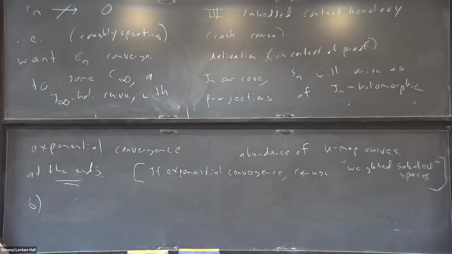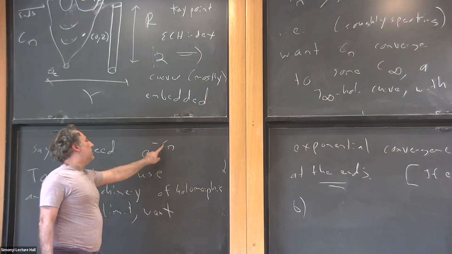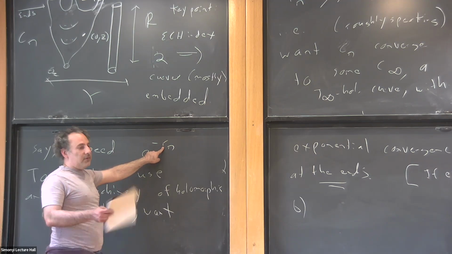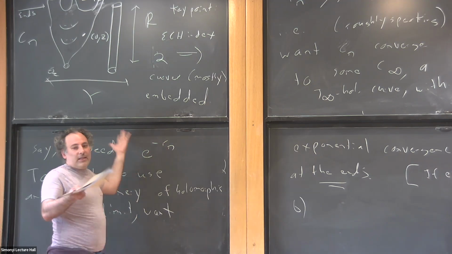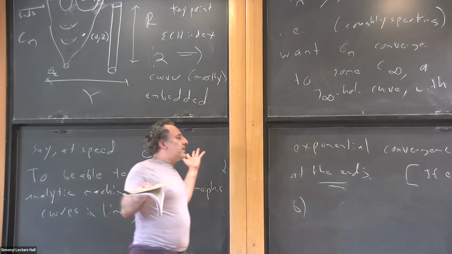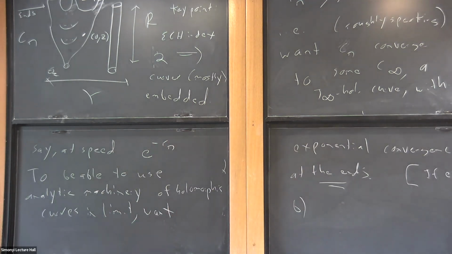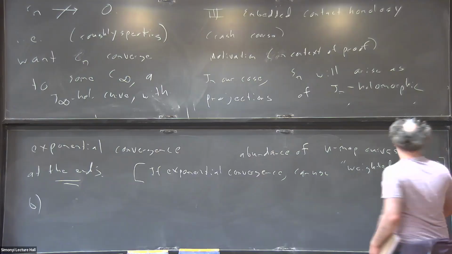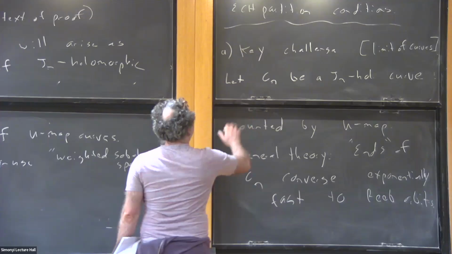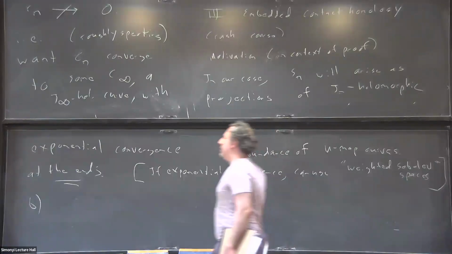Okay, but the main point I want to say is that there's no reason on the face of it that this can't be converging to zero. That's just something that could happen. There's no reason that can't in general happen. However, that also gets into these ECH partition conditions. As I said, on the face of it, this is a totally different matter.